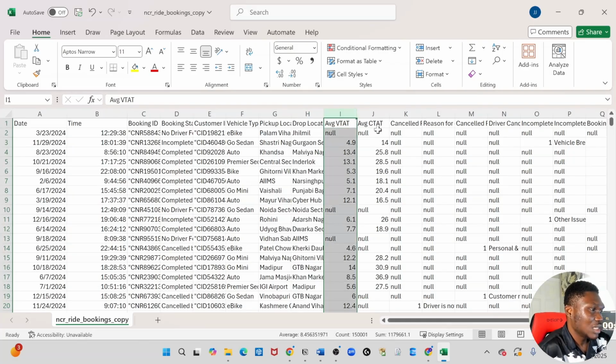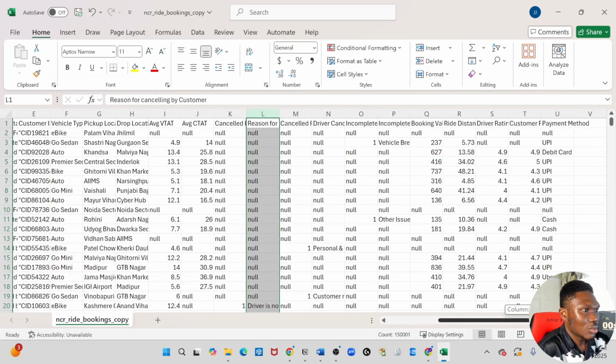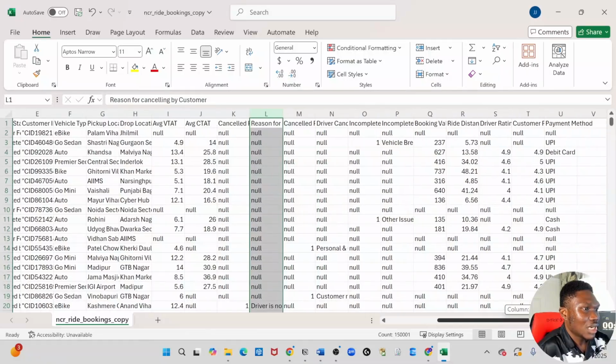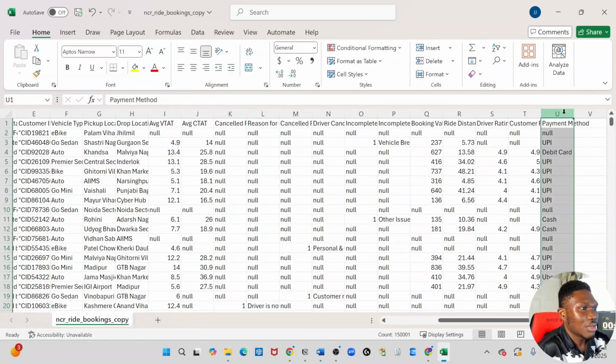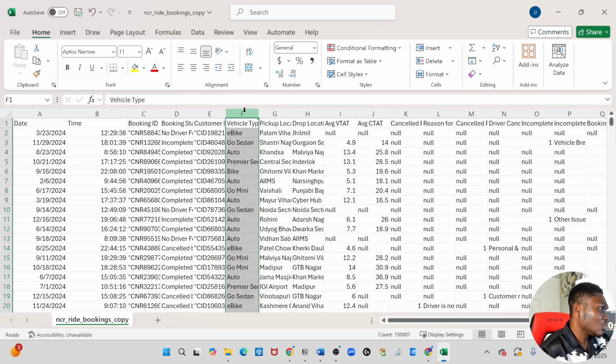We probably don't know what that is. We need to maybe ask a stakeholder what that means. Average CTAT, and there's also cancelled reason by customer. So it has this bunch of information, and it also has information regarding payment method. So we can see that this is probably a driving business. If we did not have this information before, it has the bike type, the pickup location, and